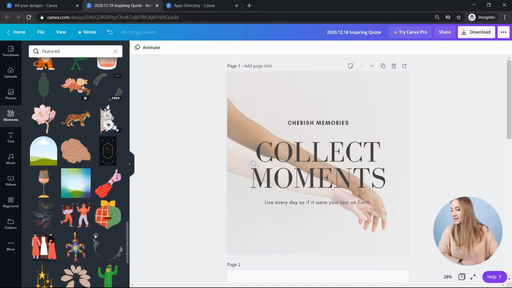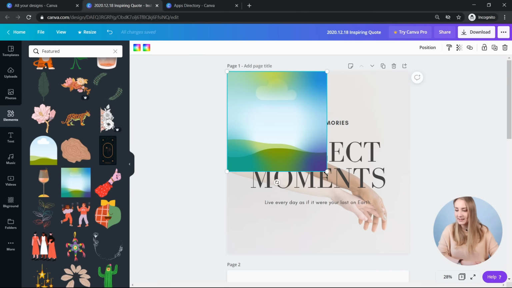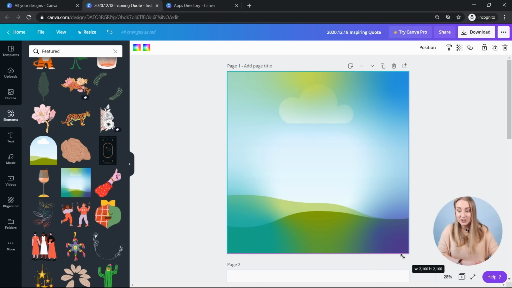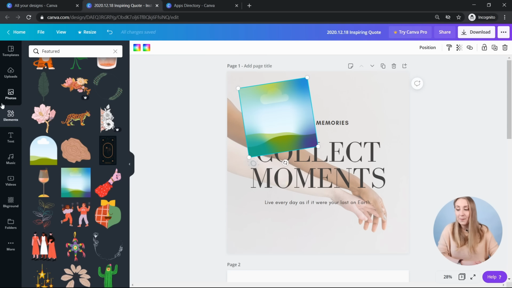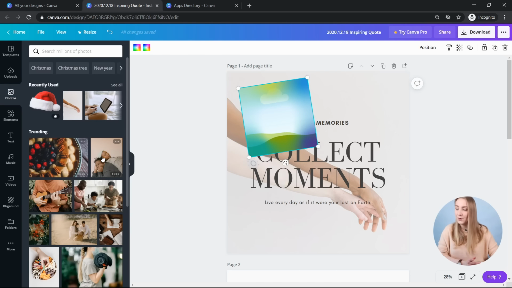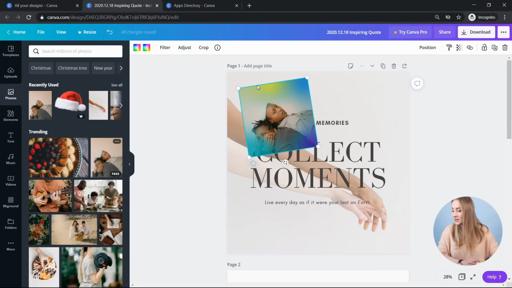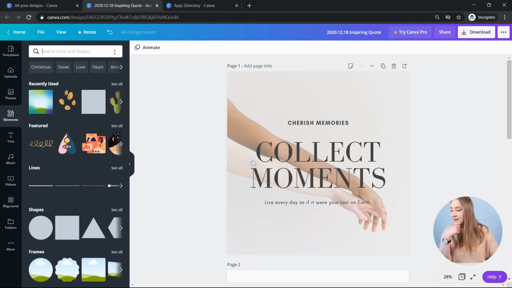You can search for icons sometimes. This is usually very seasonal for Canva, but there are different things in here, like this one, which is a photo frame actually. I'll go through the photo frames as well, but you can drag your photo frame to a specific part of the graphic design. Obviously, it doesn't look cool, but if you go back to photos and drag a particular photo into the view, it doesn't really go well with this particular frame. But as you can see, this is a frame that you insert the photo into, and it gives you almost like a vignette with colors. So you've got these different types of elements that are featured.